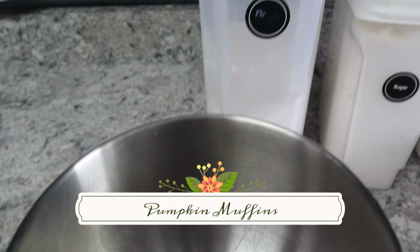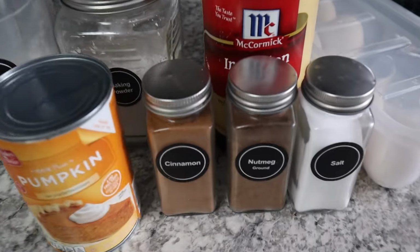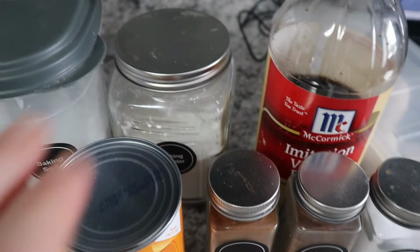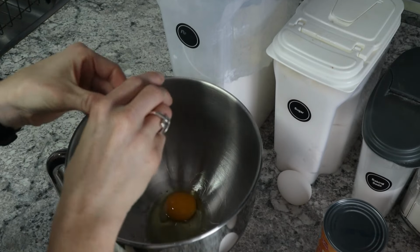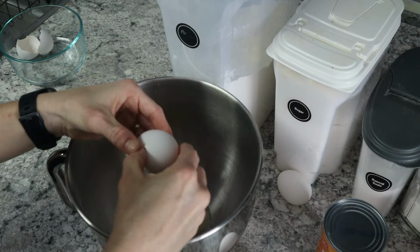Okay guys, this is my seasonal recipe. This is a family favorite. I know it's not fall, but this is so good I had to share it with you. I have shared it in the past, but I think it got lost in one of my videos. So since it's not fall, and since this is awesome for breakfast, lunch, dinner, snacking, anything, I want to share